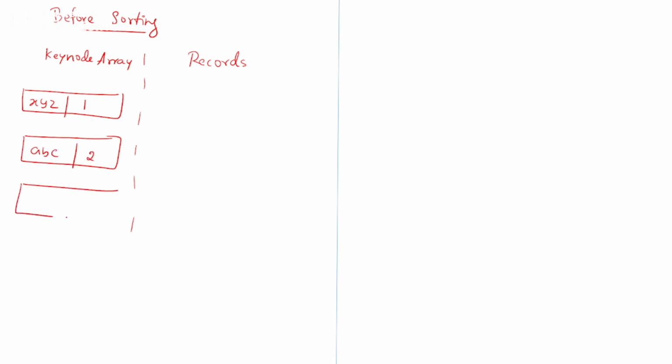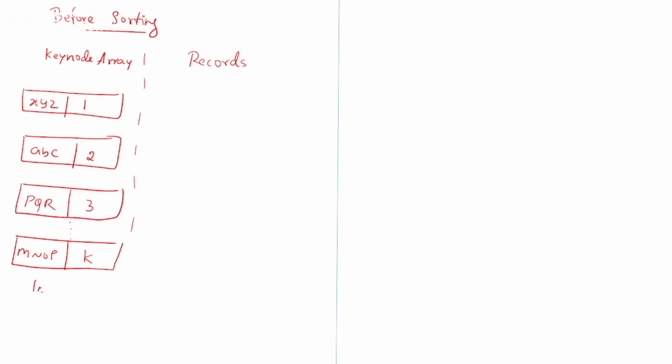Then say PQR, which has 3 as a pointer, and one more, say MNOP, which has 4, and so on until K as the pointer.